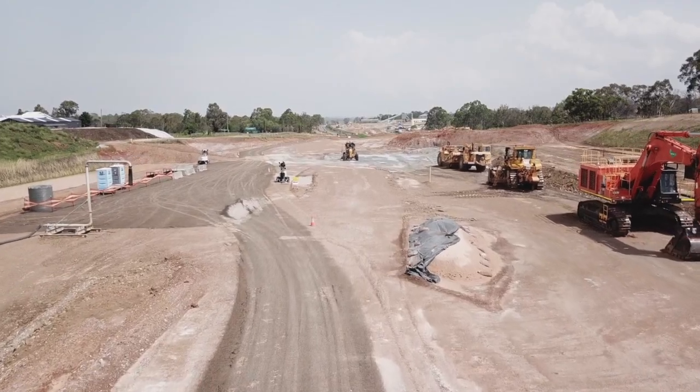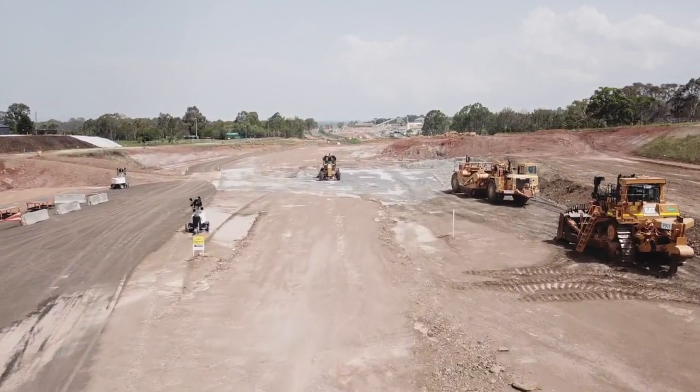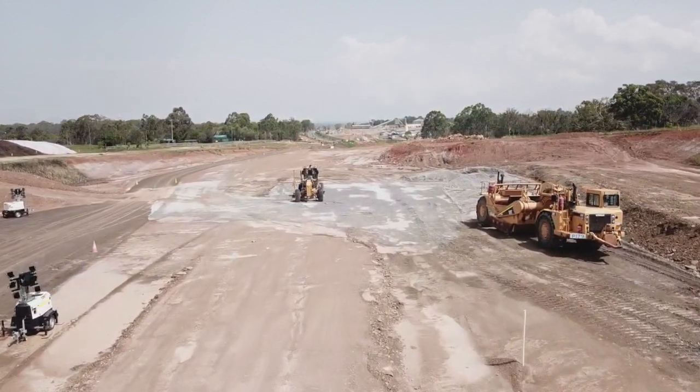Time management is a massive challenge for us, trying to make sure people are efficient. And when you're working across multiple projects, if you get sidetracked or lose momentum on one task, it can delay multiple projects. We have a whole lot of information, both quality, safety, environmental and cost tracking information and program as well. And it's difficult to manage all these aspects effectively, ensure that the projects are delivered well and on time